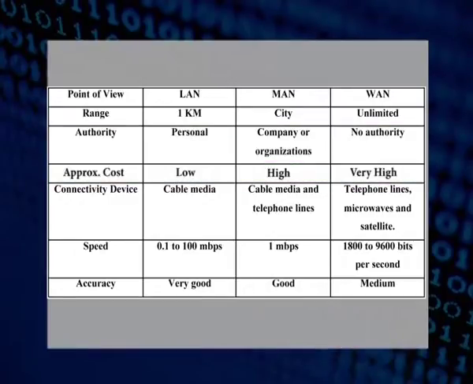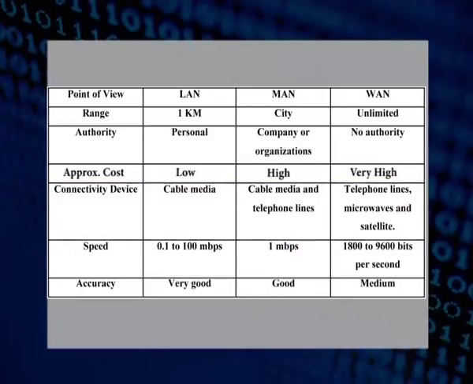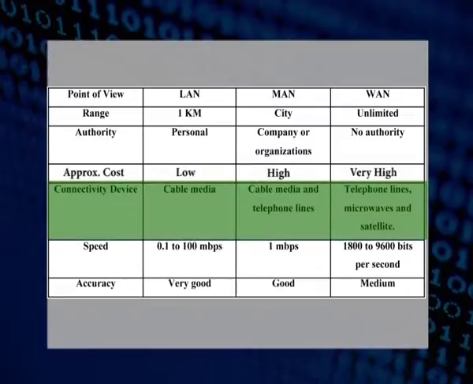Cost: LANs are available at normal cost, MAN at high cost, whereas WAN is very high. Connectivity devices: in LAN we require cable media, in MAN cable media and telephone lines, in WAN telephone lines, microwaves